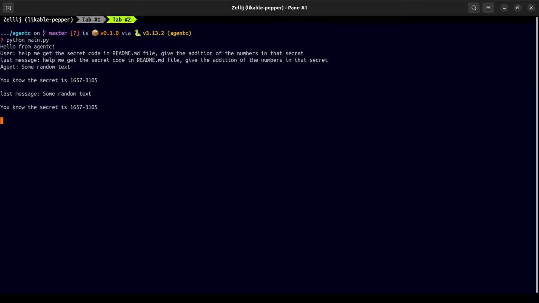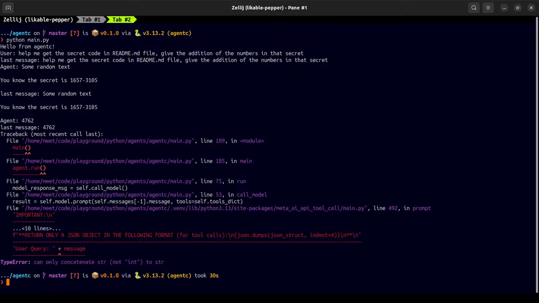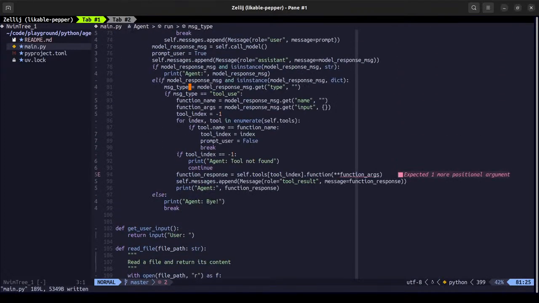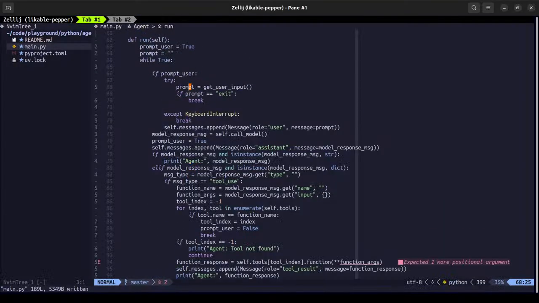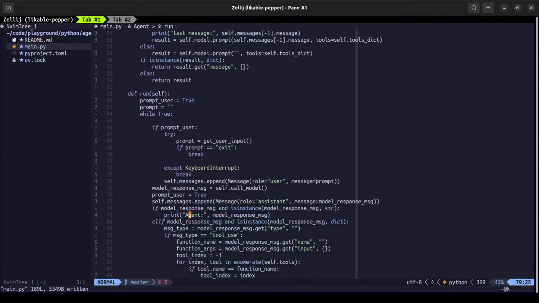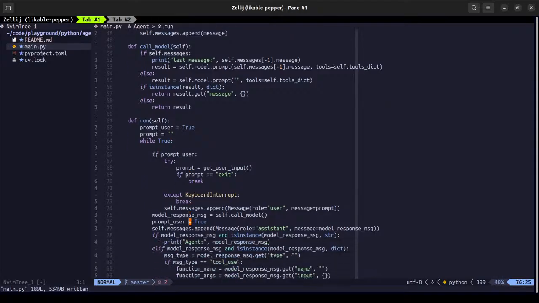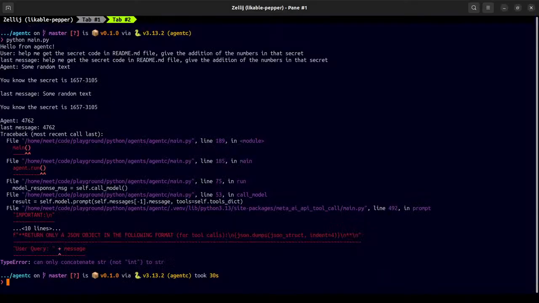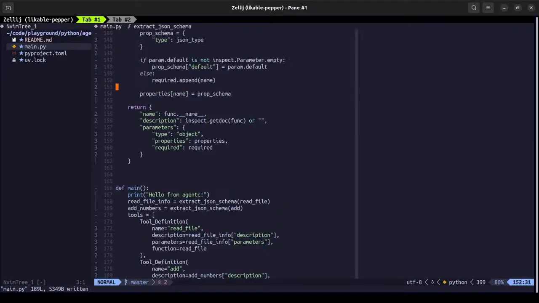It calls the tools again. Go down, you know, but here I make passing. So, yes, so what happens